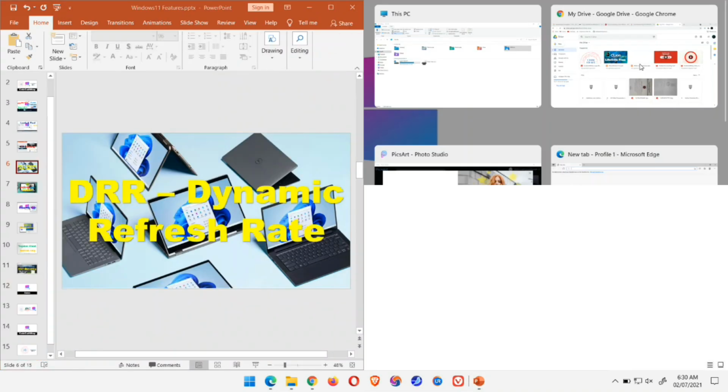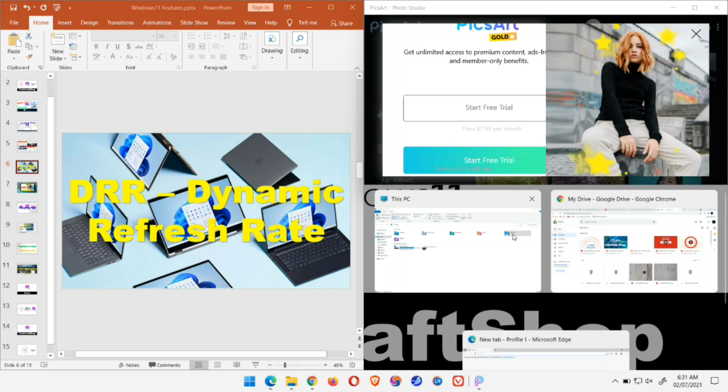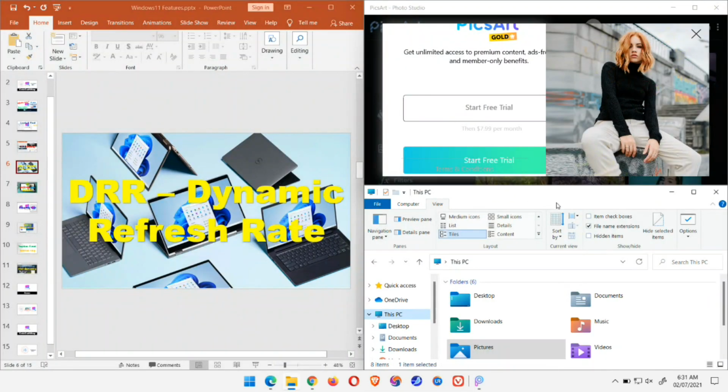So once I click on first icon, so it has been shifted. Now it has came up with whatever is opening behind the scenes. So I can click on the second icon. Now it is giving me the option to select one more panel. So I click on this. So if you can see, all the 3 panels has been aligned as per the selection we have made earlier.